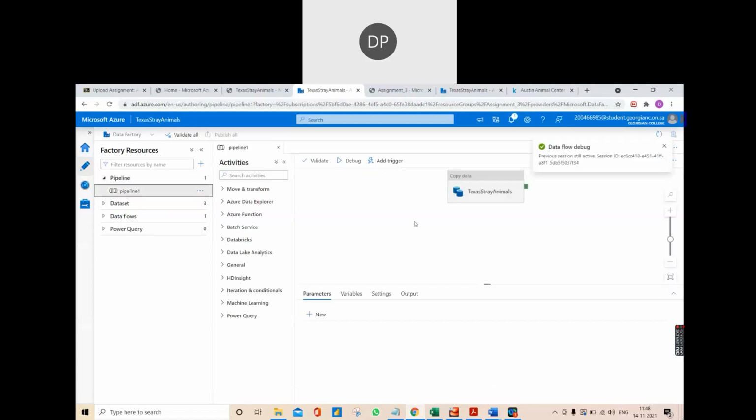All the different resources such as the CSV file, database, and tables are associated through this pipeline. The data set is the final Texas stray animal table. All the data that is successfully transformed has been stored into our final table, and this is our data flow.